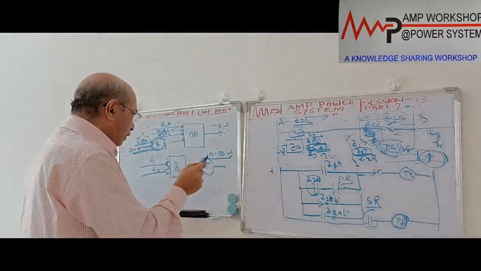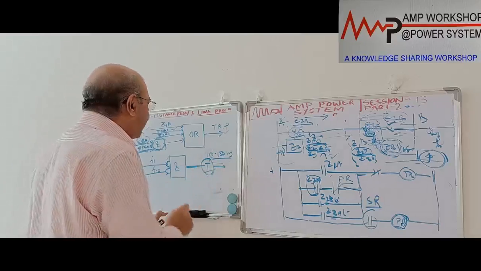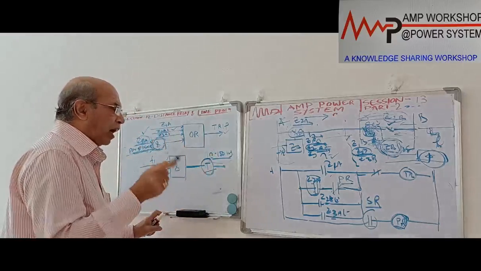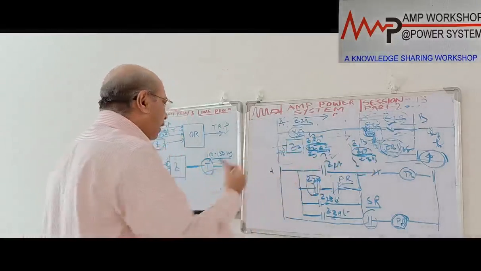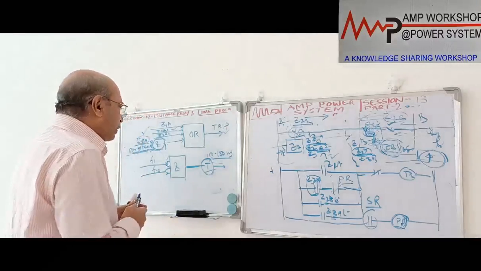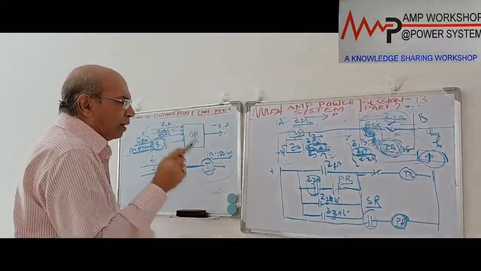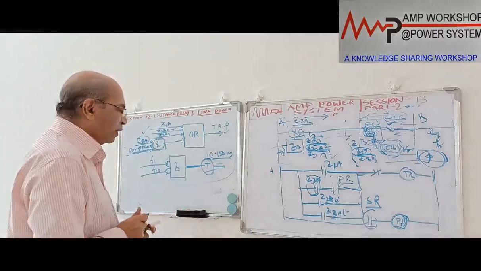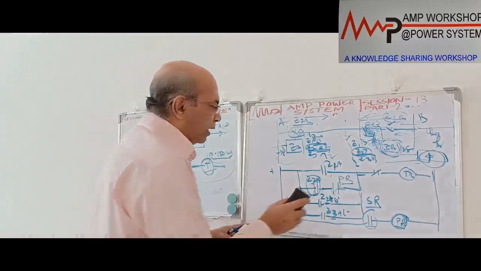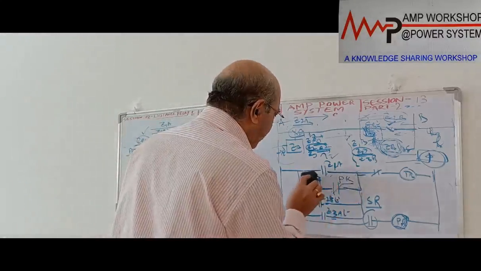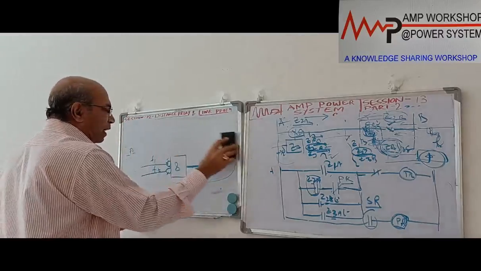But after this 150 milliseconds elapses, the timer will pick up, and then that tripping will not be there. At that time, if you want to trip, the zone 2 element will be operating and the other end's permissive will be required. This modification in the permissive overreach scheme is called the directional comparison unblocking scheme. So what is the difference in the directional unblocking scheme? This circuit, the Z2A PR circuit which I drew over here, will be slightly different.